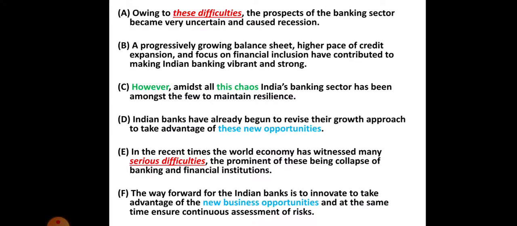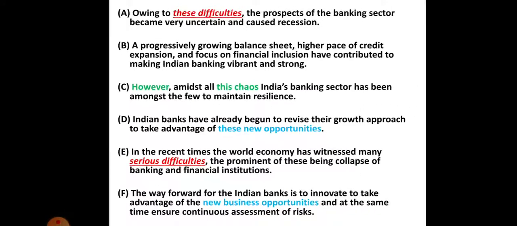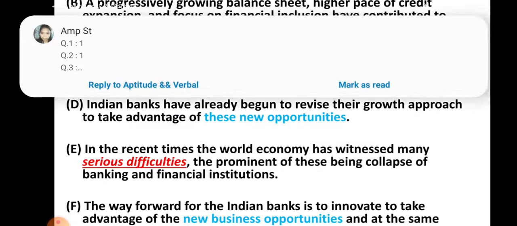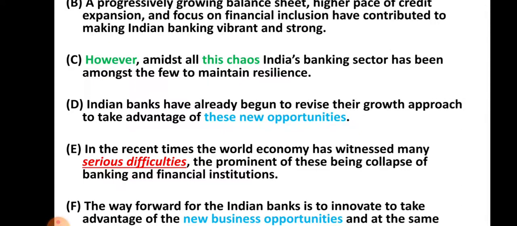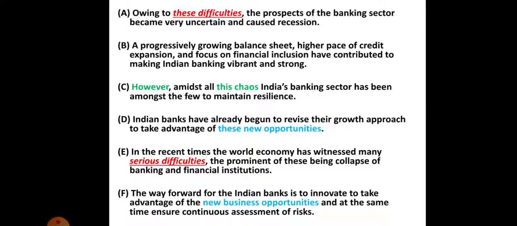Okay, 2 pairs. So, and there is something called this chaos, right? In option C, however, amidst all this chaos. So this chaos means what? Chaos is what? Confusion, right? Problematic situation, trouble. Okay, now I need to see where I have spoken about the trouble. So in E, look at E, in the recent times the world economy has witnessed many serious difficulties. So I introduced a problem here actually. And I repeated the same idea in A, right? EA, we have already formed a pair. That means EA should be followed by C, right? So EAC,